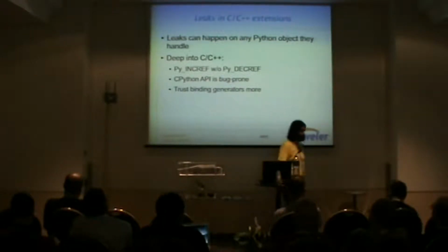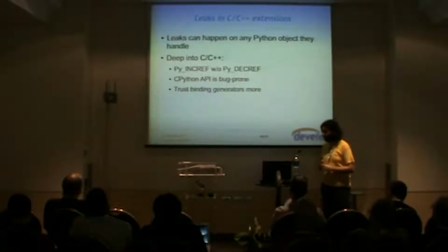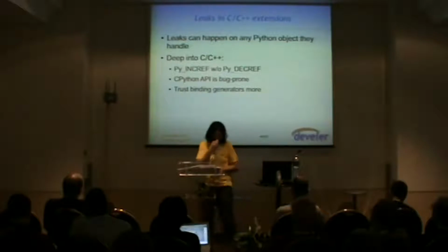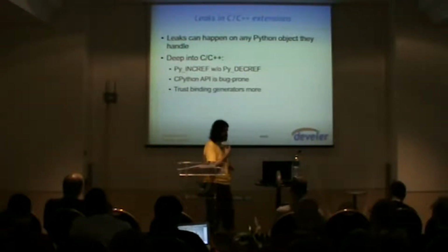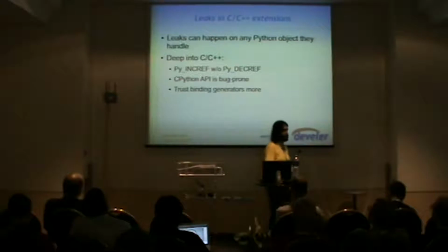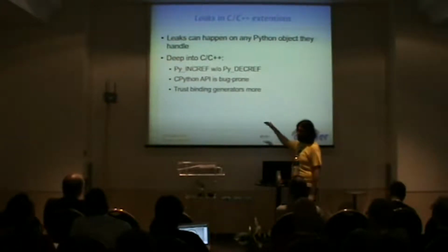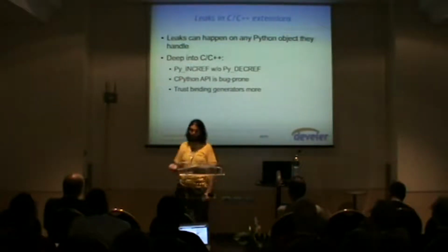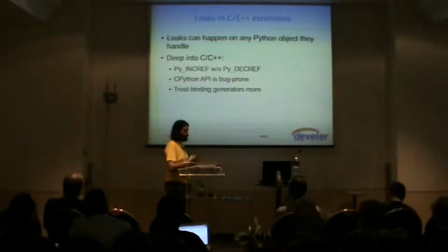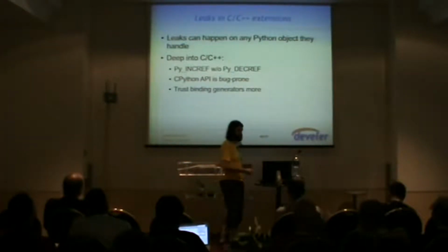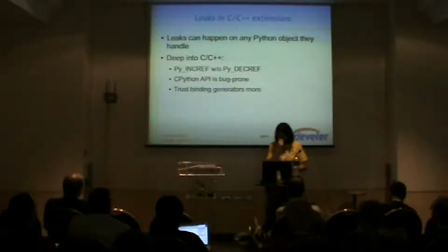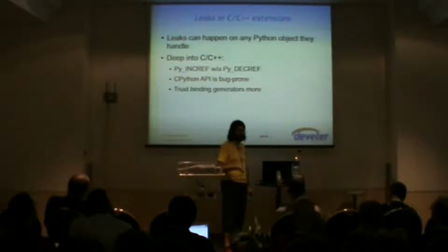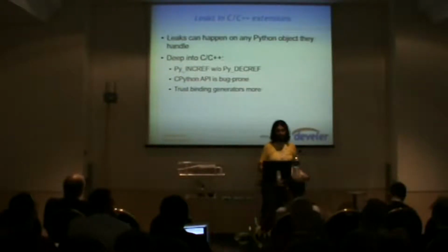Okay, those are the leaks on the Python side. We can also have leaks on the C++ side. So for instance, in C++ code, the programmers need to call incref and decref explicitly. So they need to explicitly increment the counter when they start to keep a reference, and decrease the counter when they're not holding a reference anymore. If they forget to call decref, it's a memory leak. You probably are just using the library, but you have a memory leak.